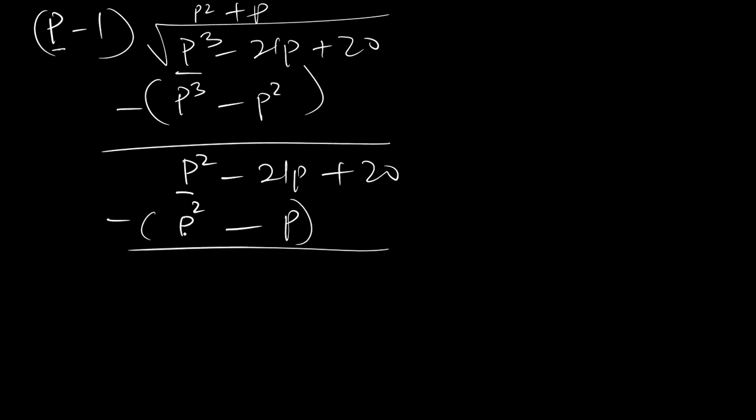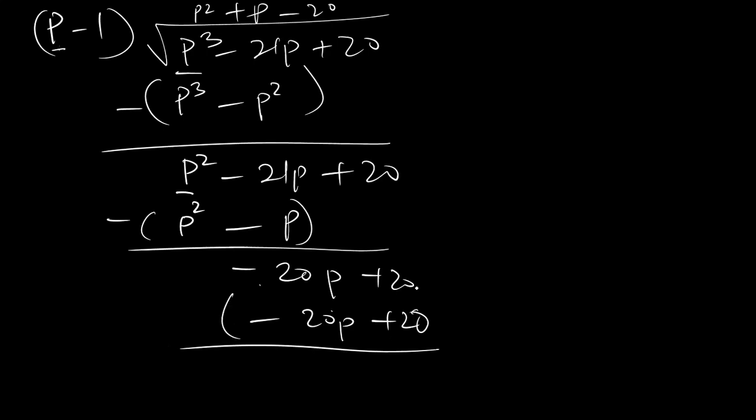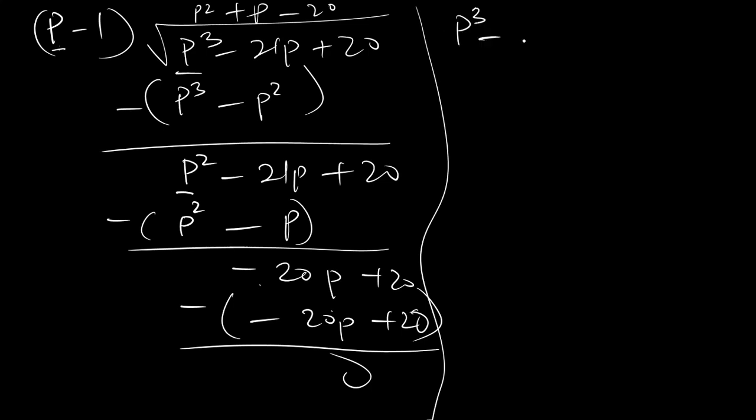Now let's subtract. This one will cancel out, and minus times minus p will give you plus p. Plus p minus 21p will give you minus 20p plus 20. Now p divided into minus 20p, you have minus 20. Minus 20 times p will give you minus 20p. Minus 20 times minus 1 will give you plus 20. So if you subtract, the whole thing will give you 0. So that means p cubed minus 21p plus 20